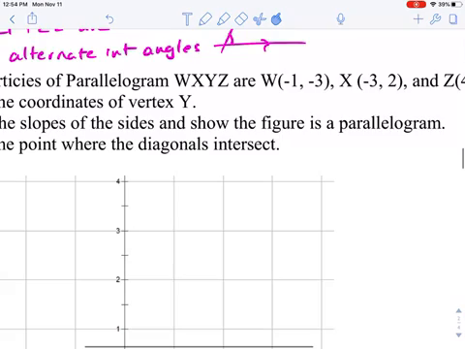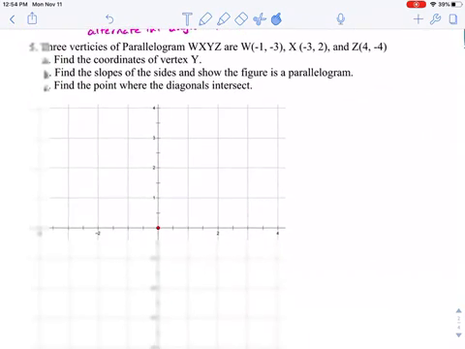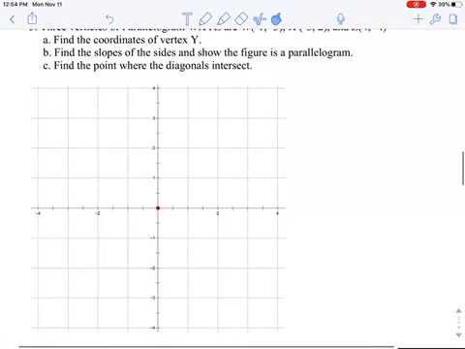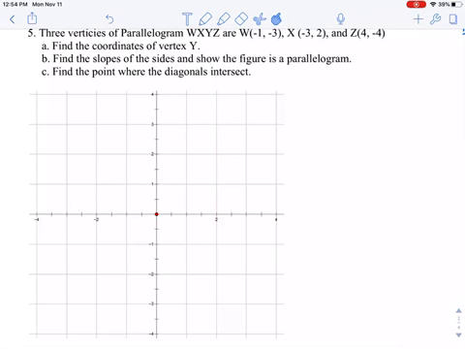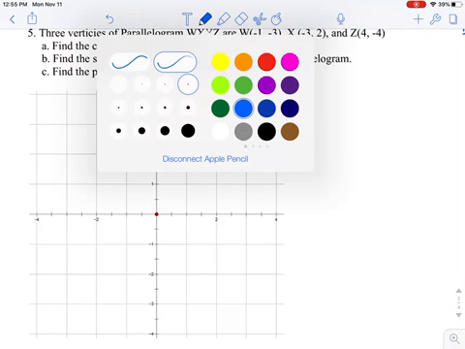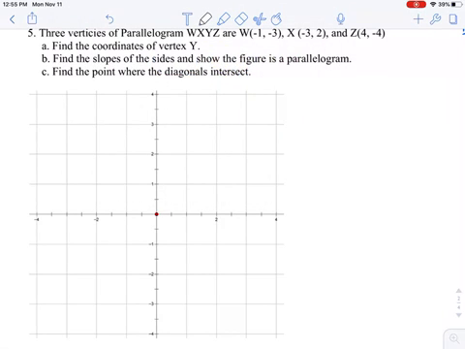Okay, for my last example, I've got an example of what's called coordinate geometry. It says 3 vertices. Oh, this is spelled wrong, but I can fix it. There's no I there. 3 vertices of parallelogram WXYZ are